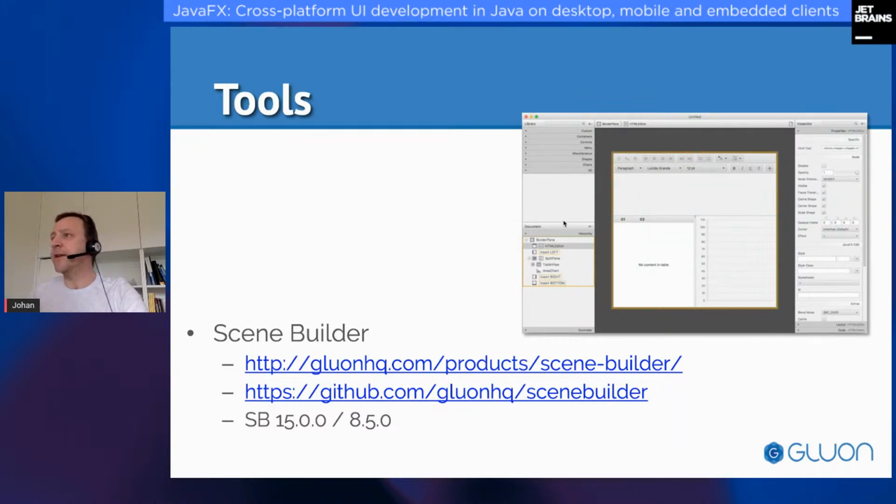Scene Builder, finally, is probably the most used tool for creating JavaFX applications. It allows you to create a user interface by simply drag and drop application controls and layouts into your page, and it generates Fxml, which integrates very well with the JavaFX application. So I will quickly show a demo of Scene Builder and how it integrates with